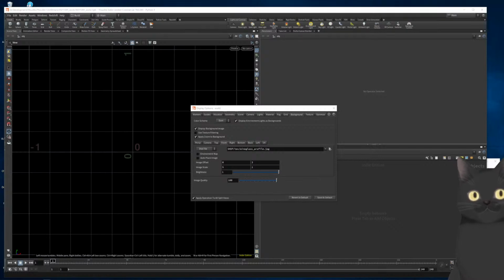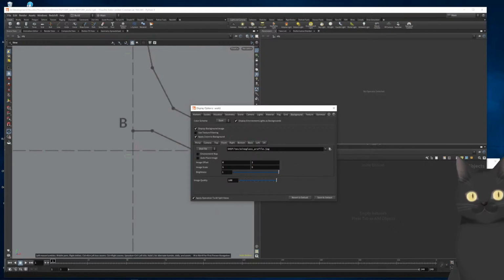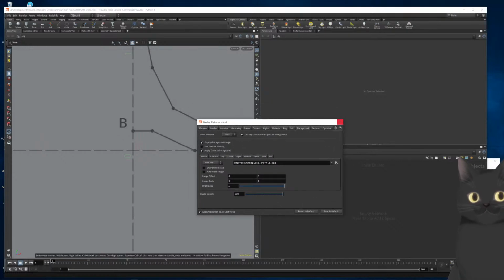Allow us to set this up in such a way that when we zoom in and out, the background will move with it in a way that allows us to trace on the grid or on the